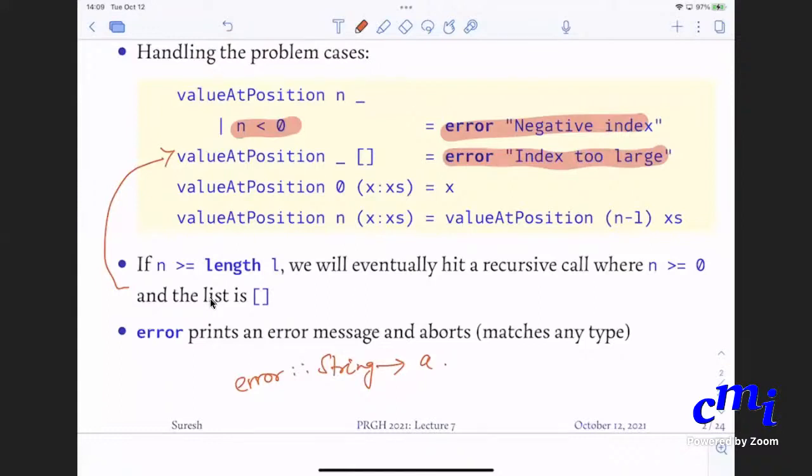There is no return value really, it just aborts, but you can fit it in any function whatsoever. Anywhere where an expression of type A has to be returned, you can just print an error message and abort. So if you give error of some error message, this is of type A for any A whatsoever. That is what you really want.